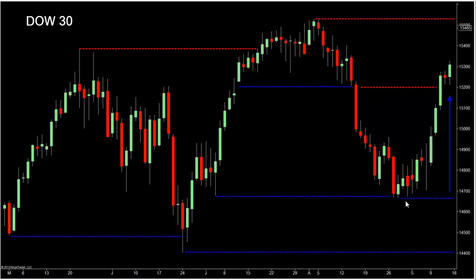The Dow pulled back at or near 14,700 to its prior lows made back in July and reestablished a base of support. Similarly, the Dow broke above near-term resistance at 15,200 this week and is likely to auction back and retest its multi-year high up at